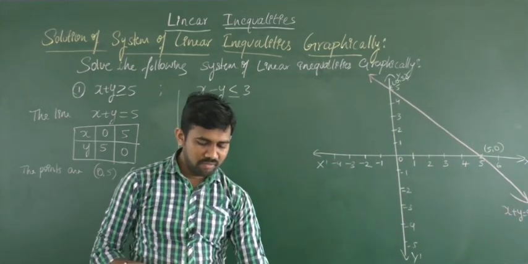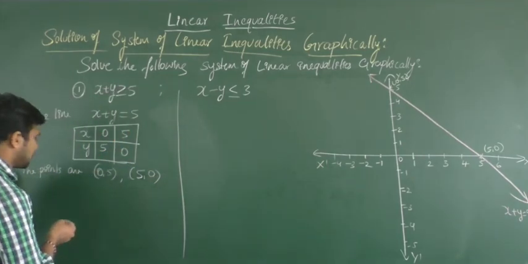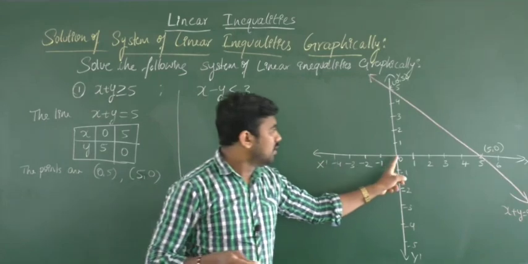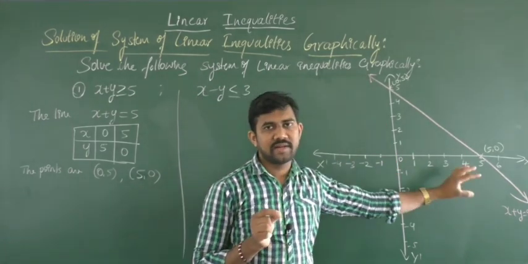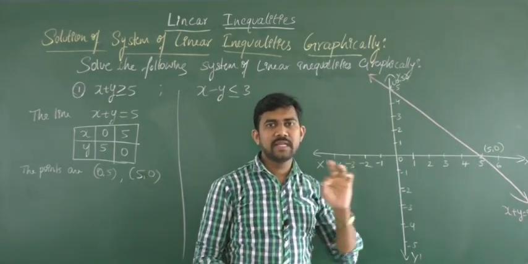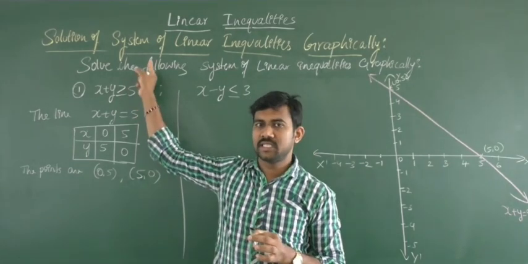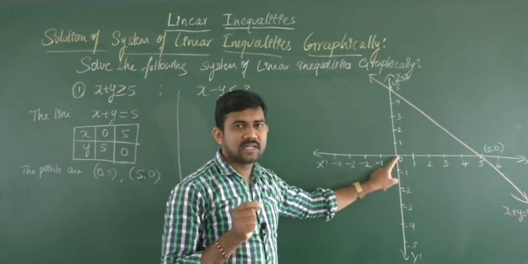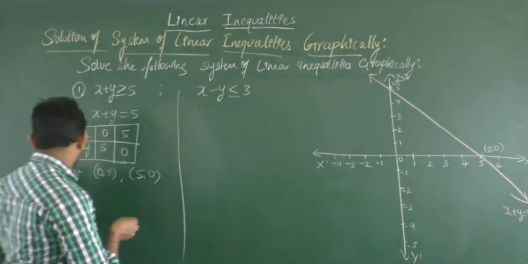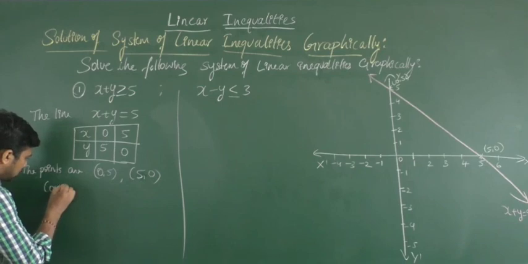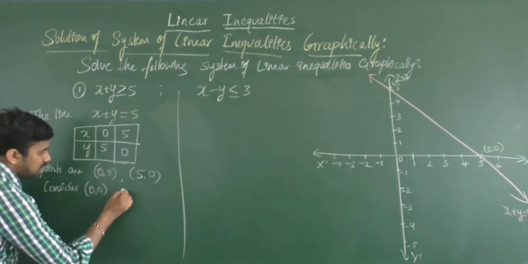Now find out the solution region of this line. Where will we get the solution region? You can observe here, you can consider the convenient point origin, which does not lie on the line. As you know from our previous question, we can consider any point on the plane to get the solution region. So for our convenience, I'll consider origin because origin does not lie on the line, or put 0, 0.